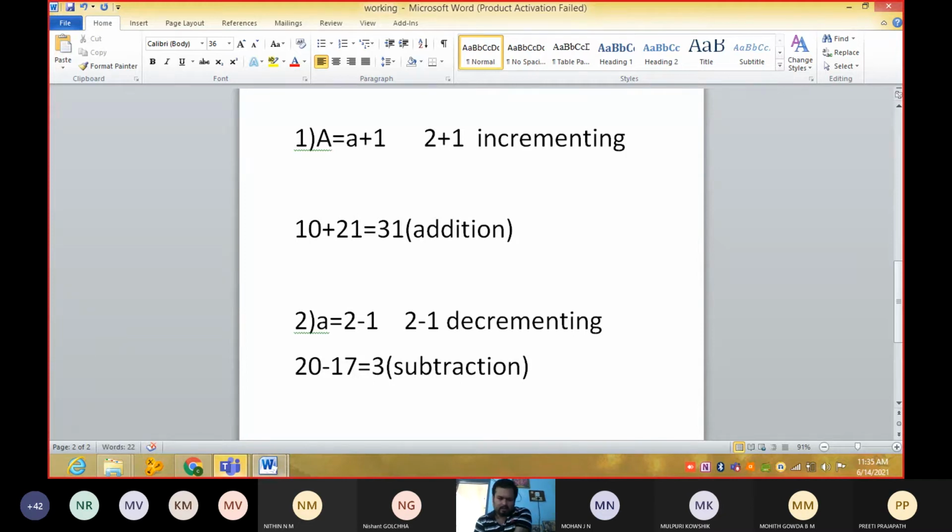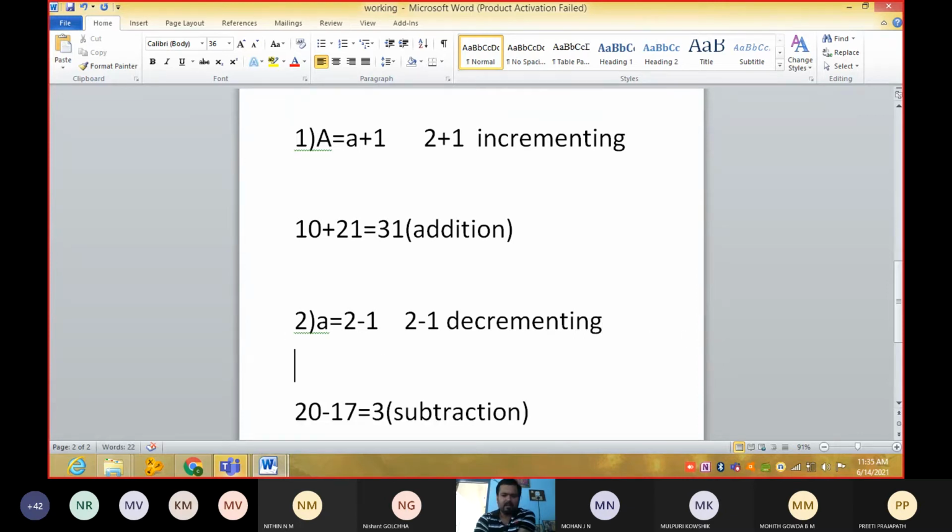Okay, guys, did you get the difference between increment and decrement, and addition and subtraction? Reply DC if it is understood.